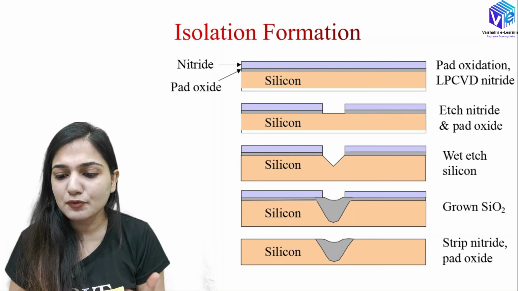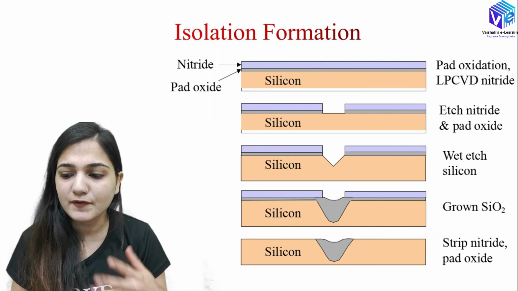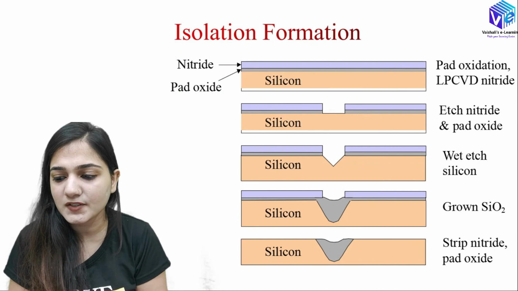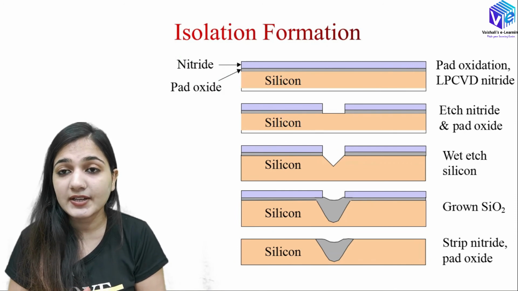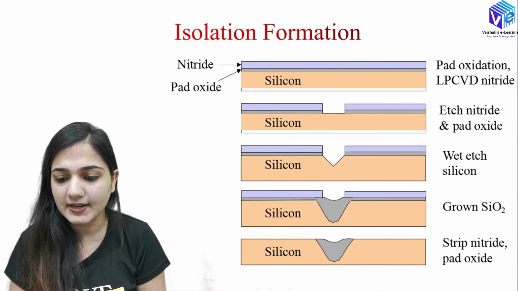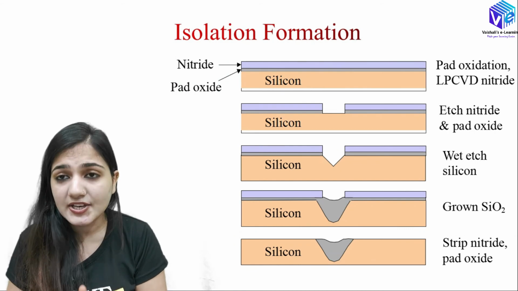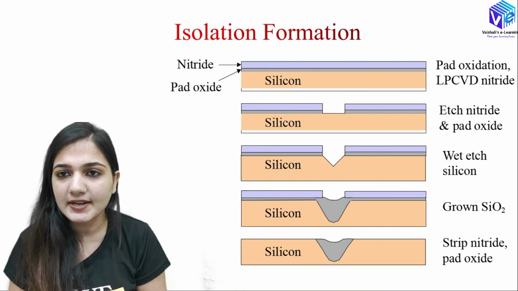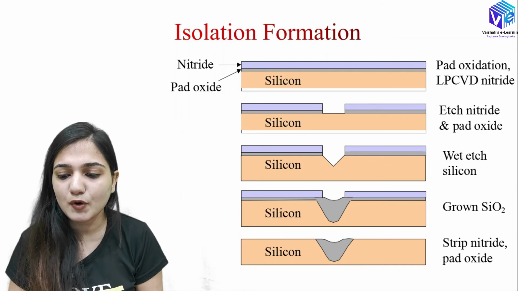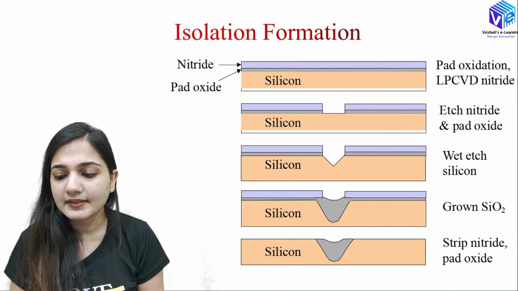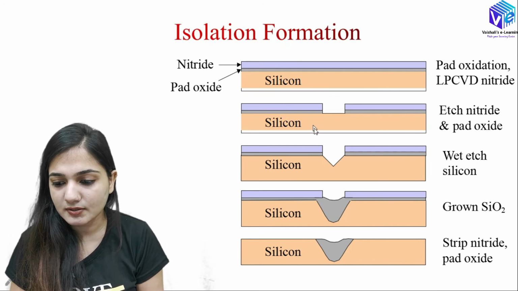So I can be using the oxide with the help of the oxidation process. I can have the pad oxidation process, and I can have the chemical vapor deposition for the nitride deposition. Now this is my wafer. After oxidation and the chemical vapor deposition, now I want to etch out a layer of oxide or nitride. For that I will be using the photolithography process, and then I will be using the hydrofluoric acid and the nitric acid, and then I will be removing the nitride as well as oxide. So now here I have this opening.